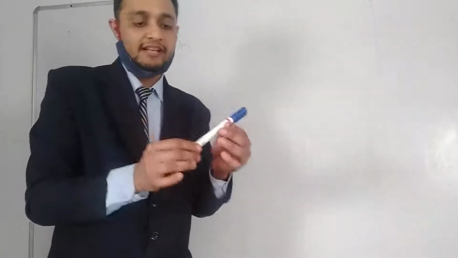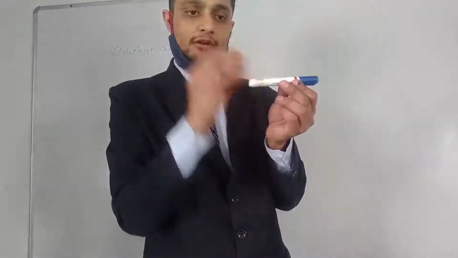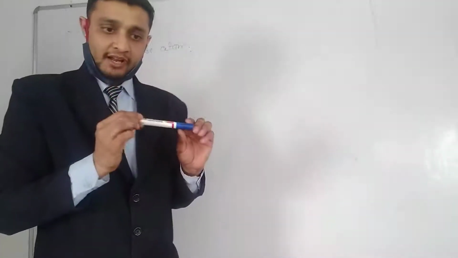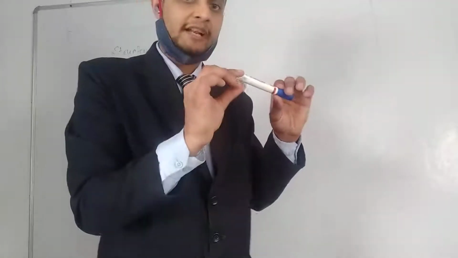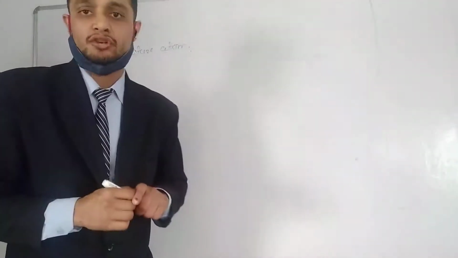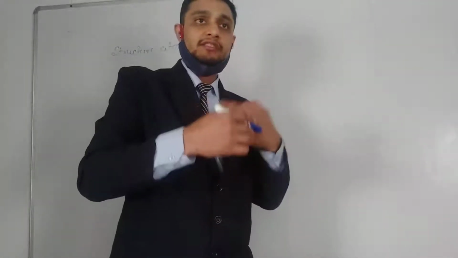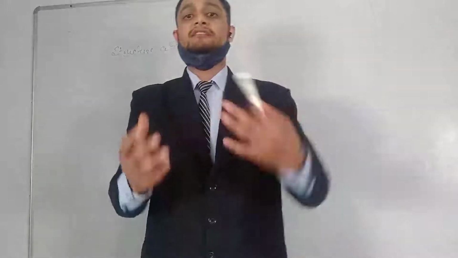We can say that any matter, for example, this pen, is made up of some kind of atoms, which are the building blocks of that substance, and that building block, the smallest particle, which is the atom, how it is made up, we have to discuss in the structure of atom. So to start, we will discuss the most primitive structure of atom, which was given by J.J.